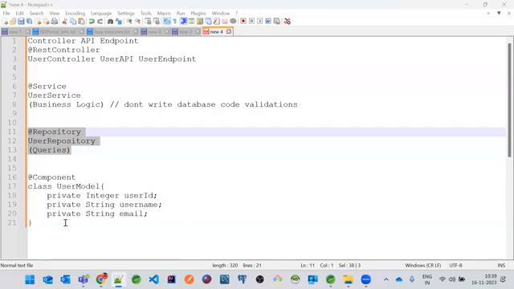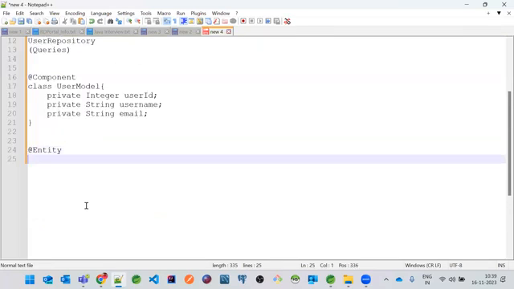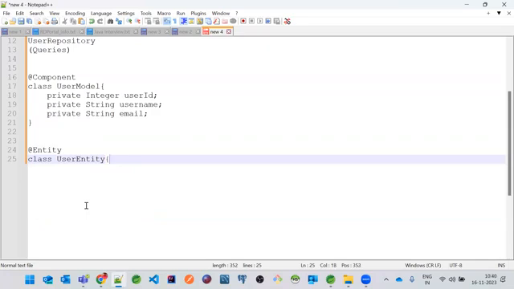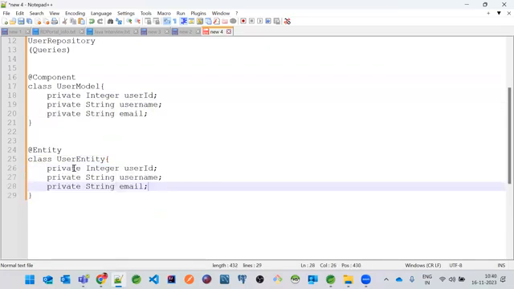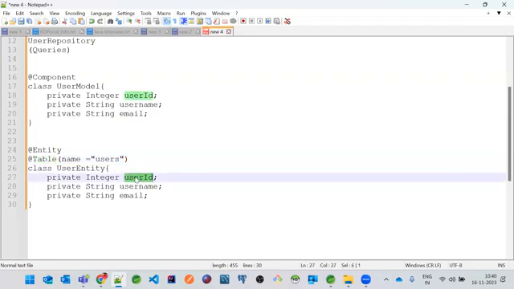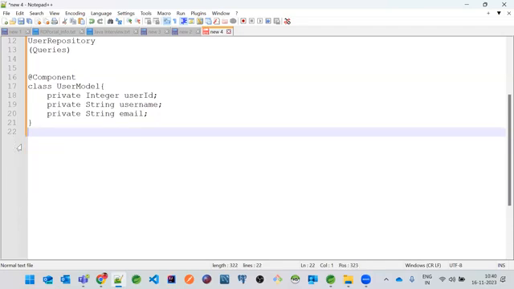One more thing, we have something called @Entity. This @Entity is something we call a user entity. Here also we will have the same set of fields, but here we'll be using one more thing called @Table, Users. The users table will be created based upon this annotation, and all these will be the column names of the table. I will explain further when we discuss the database related things. Okay. Got it?